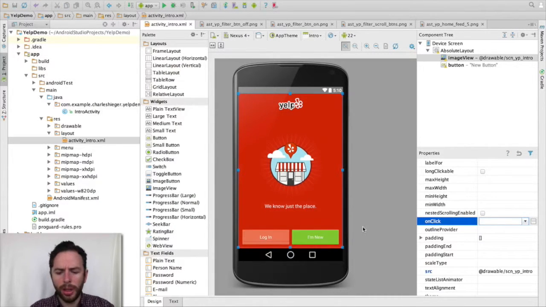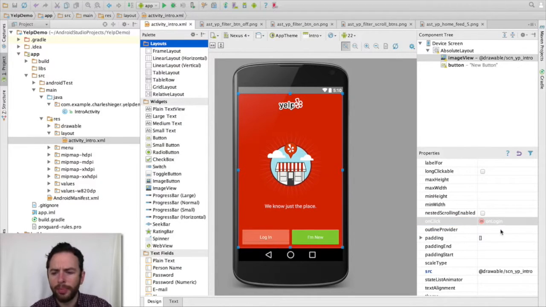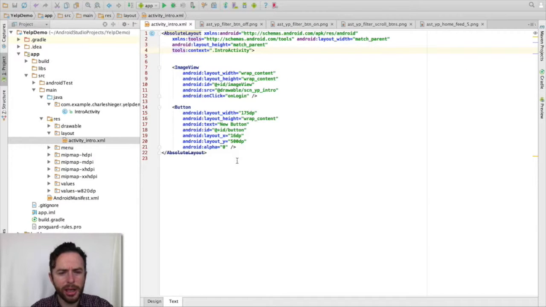Since this is the login button, I'm going to say onLogin. And notice how I started with the lowercase on, and uppercase with Login. If I hit tab, that locks that in there. If I go over to text here, I can see that my button has